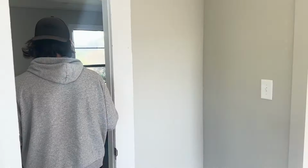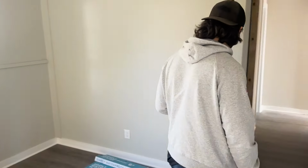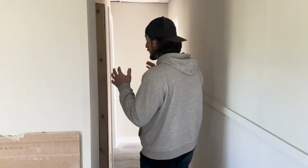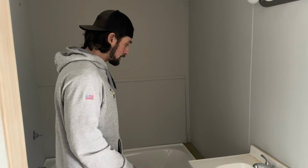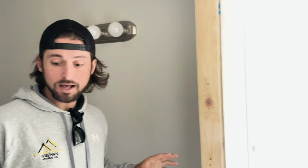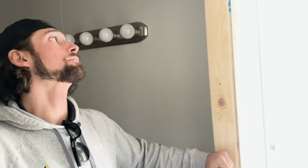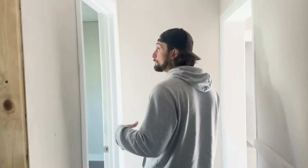So bedroom number 1 right here, we go back out into the living room, and as we walk through the living room, we built this bathroom. So this bathroom right here, of course, not finished yet. Still have to do the final plumbing. The plumbing inspections were all signed off on to set all this, so the plumbing's good. We have to put all this stuff in here. It's got brand new electrical throughout the whole house. Whole house was rewired. This is a brand new wall. None of this stuff was here. And then we built this